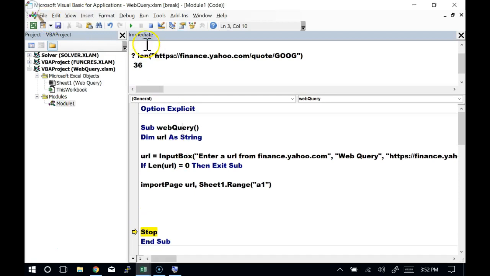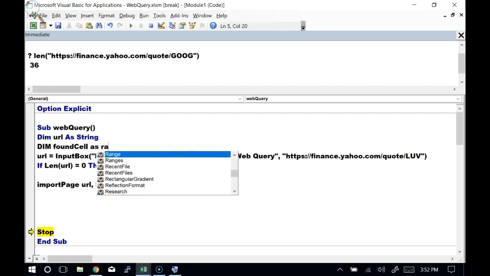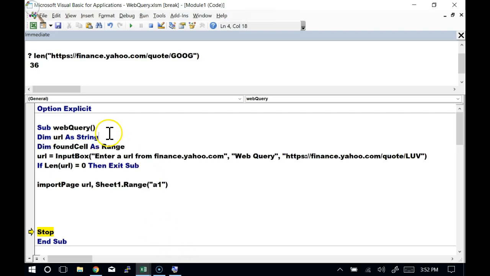So I'm going to declare a new variable. This is going to be a range object. I'm going to call it found cell as a range. Found cell, it's an arbitrary name. I could have called it Fred or Nephi. I could have called it anything. But it does need to be a range type, because what I'm going to do is I'm going to say,